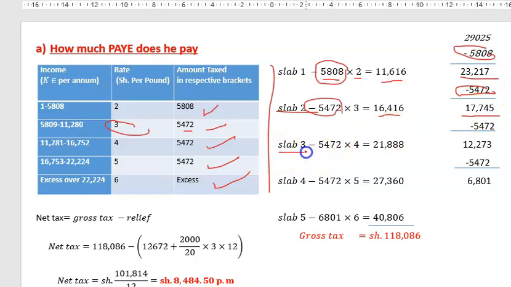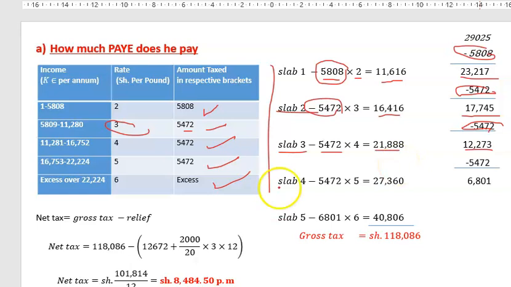Then I move to slab 3, which again I'm going to tax 5,472. And then I'm multiplying by 4, which I'm getting 21,888. Once I've taxed that, again, I'll subtract it to see what is remaining, of which I remain with